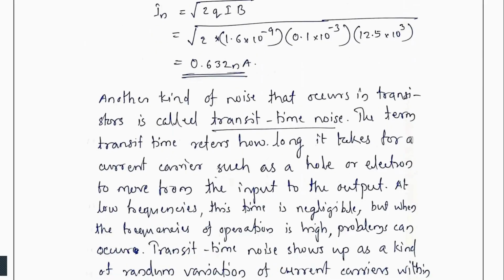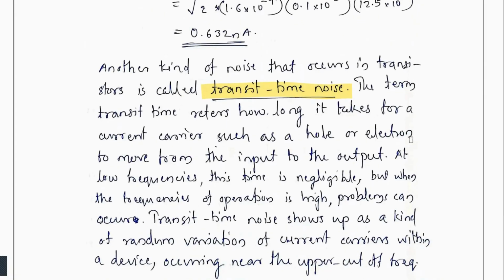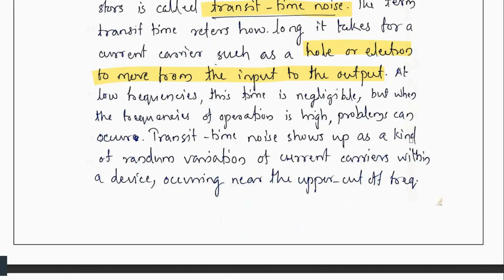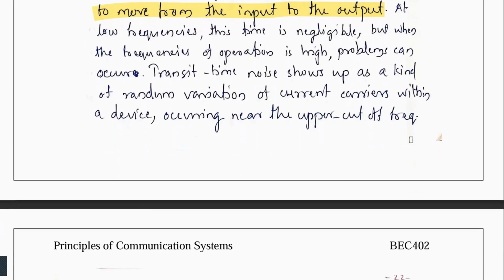Another kind of noise is transistor noise, also called transit time noise. The term transit time refers to how long it takes for a current carrier, such as a hole or an electron, to move from input to output. At the lower frequencies, this time is negligible. But when the frequency of operation is high, problems can occur. Transit time noise shows up as a kind of random variation of the current carriers within a device